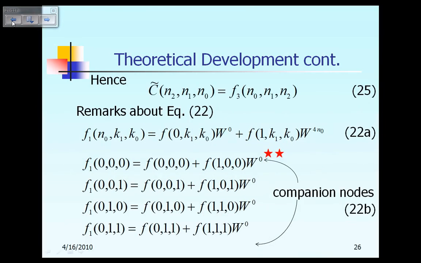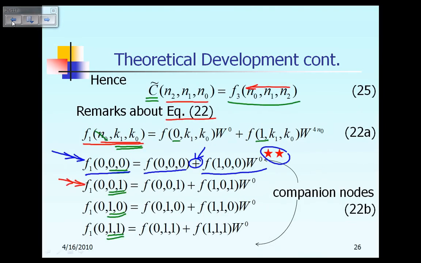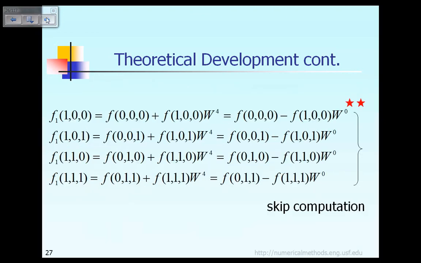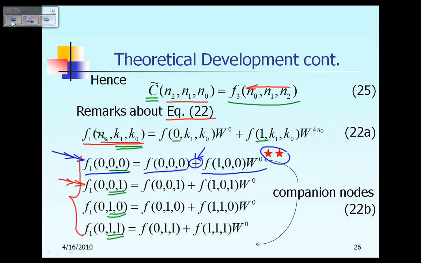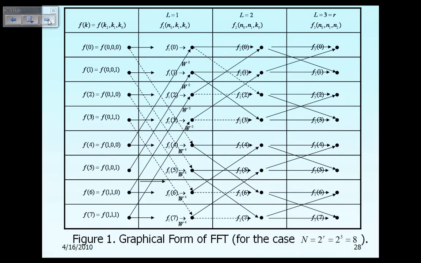So to summarize it, what it means is you compute the first 4 equations here, and you can skip the next 4 equations which I show you in here. I say you skip it but actually you compute it at the same time when you compute this guy in here, with the only difference that the plus becomes a minus. That's what I mean. So to summarize it, in this